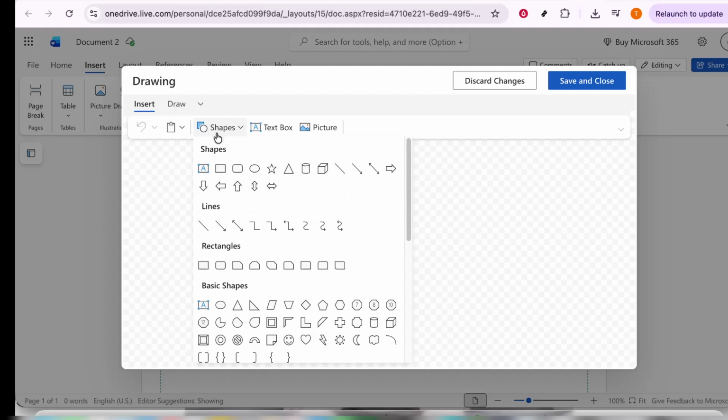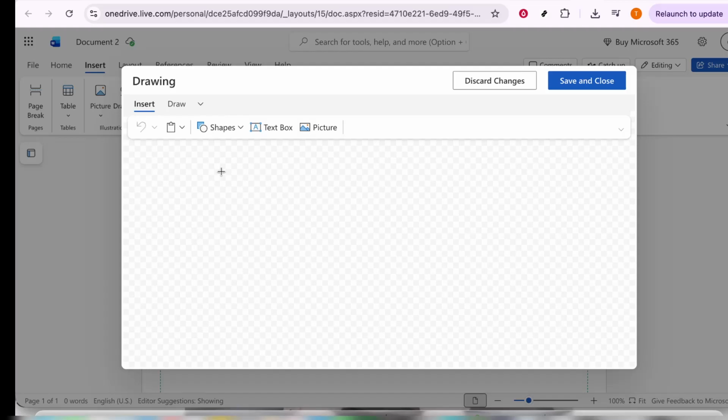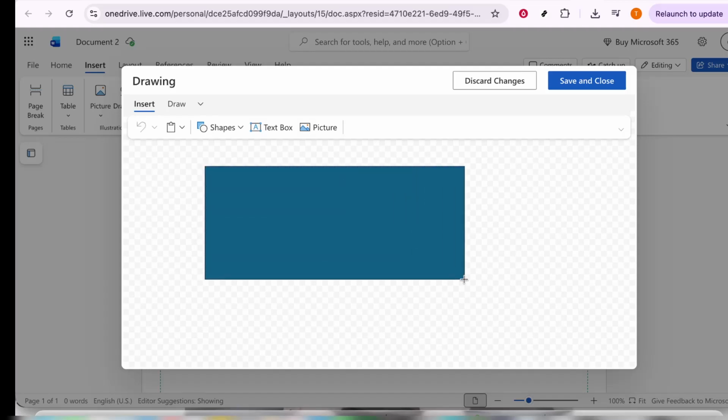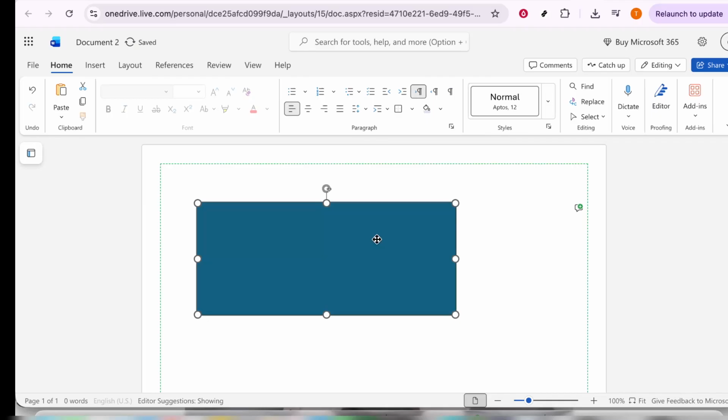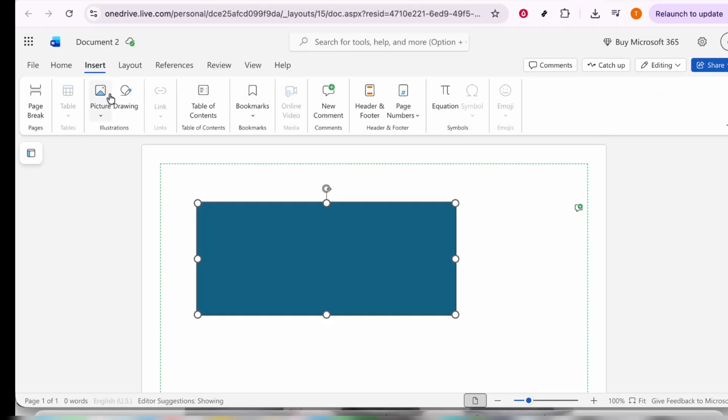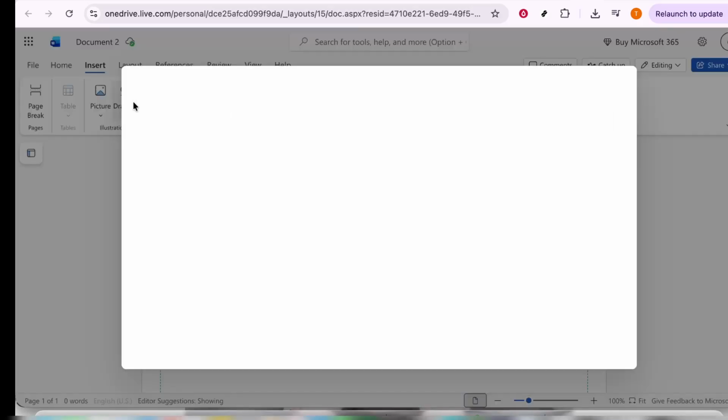Inside the drawing options, you'll find a variety of tools, but for today's guide, our focus is on the Shape tool. Click on Shapes, and you'll be presented with a drop-down menu filled with an array of different shape options. These range from basic shapes like circles and rectangles, to arrows, callouts, and more complex forms. The versatility of these options provides you with the freedom to choose the shape that best fits your intended visual